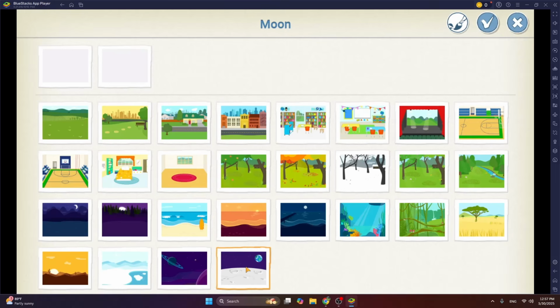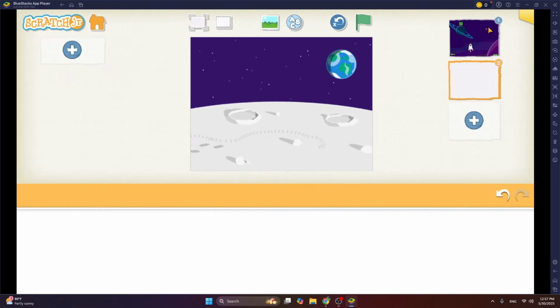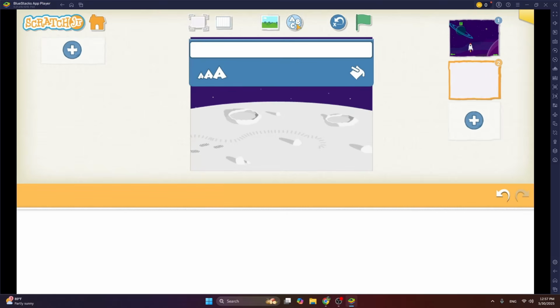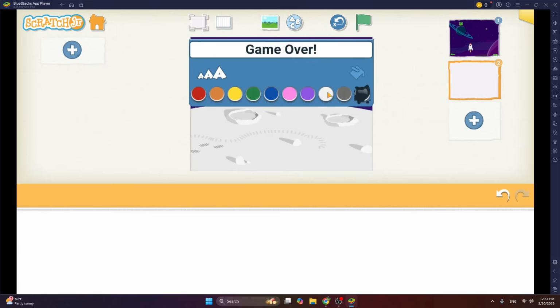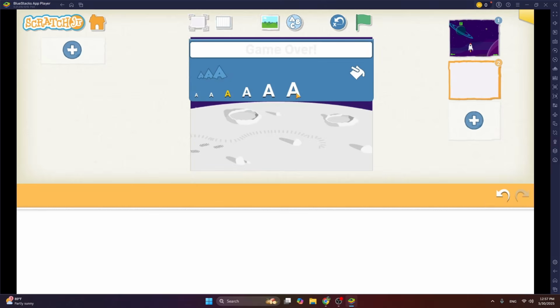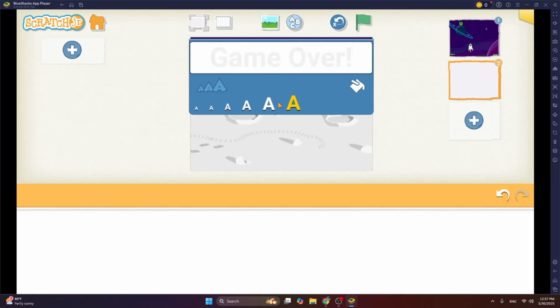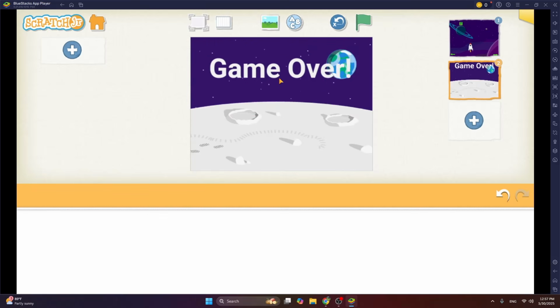So let's have the moon one, and let's write some text on it that says game over, and let's give it a color white. Make it the largest size, okay, by choosing the biggest A here,